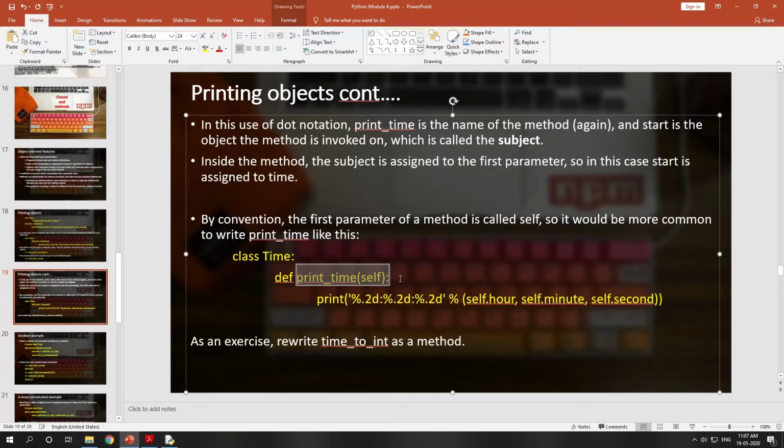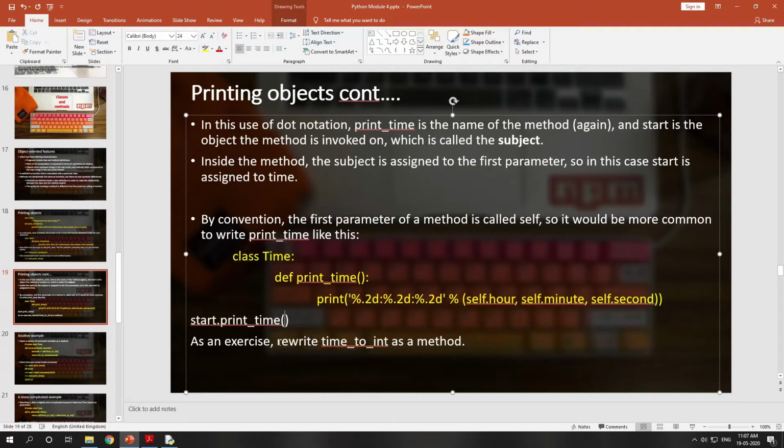Are you understanding? Instead of self, if you have just print time without it, and you try to call start dot print time, you cannot call it like this, because print time doesn't take any self object, meaning an object of the class Time.